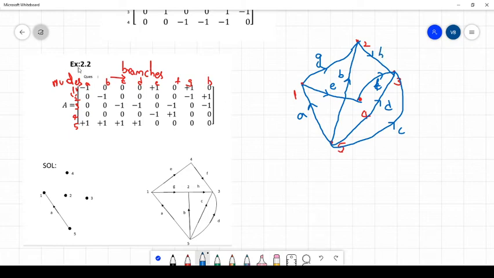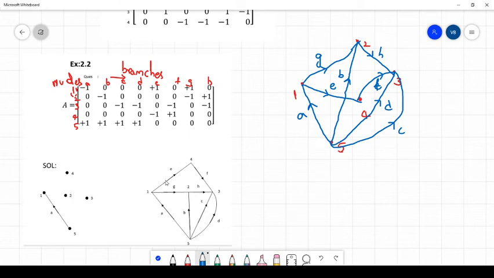So likewise, whenever in a problem an incidence matrix is given, you have to draw like this. First you put all the nodes, whatever direction you want. After that you check each and every branch which is having non-zero values. Wherever the non-zero values are there, first you join those particular nodes. Depending upon the +1, -1 sign, you put the direction.